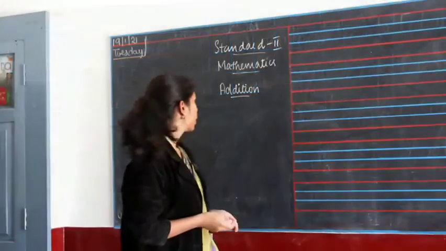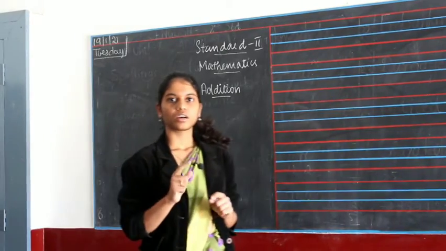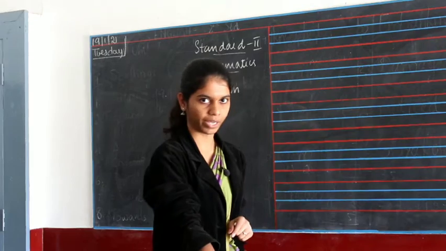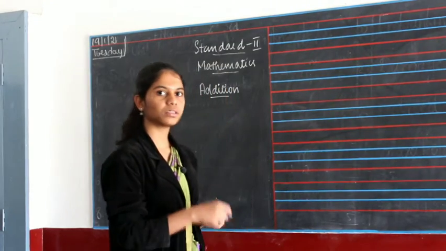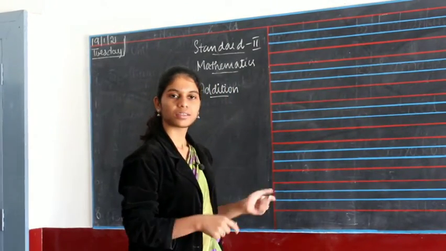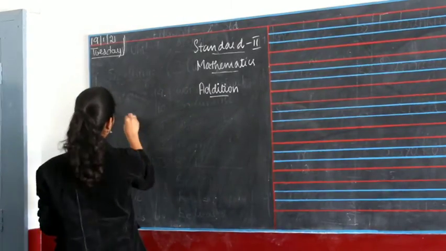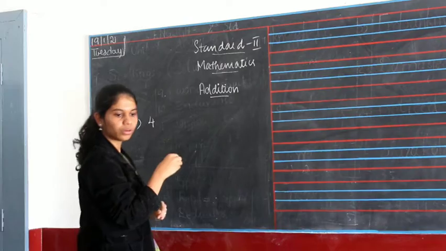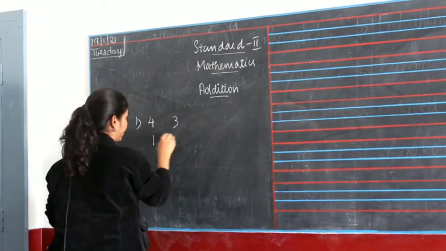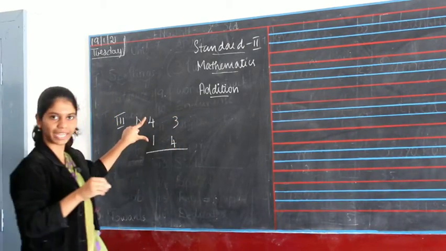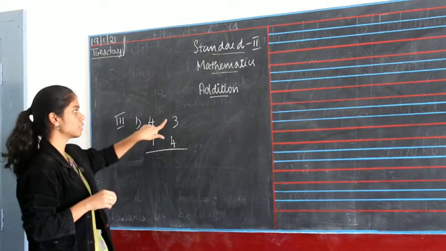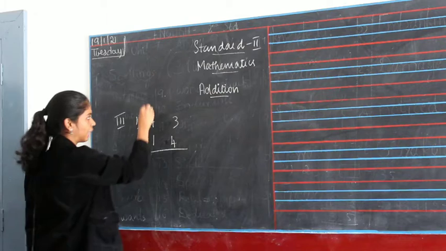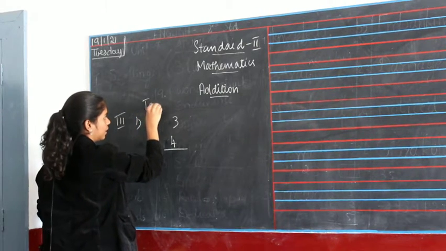Okay. So the rest of the things you have to match the following. Okay. So the third one is the same as before. Okay. So I'll do one sum and the rest will be your homework. So 43 and 14. They have given you straight. Okay. So what you have to do is, you have to add them according to their number and the place value. So this is tens and this is unit.